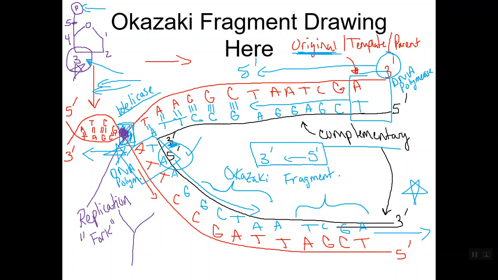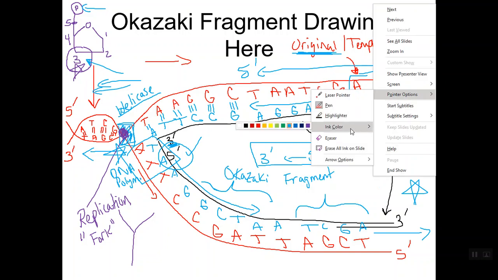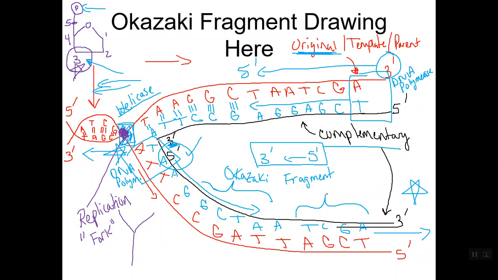And then the last thing is that we name those sides. The side that has the Okazaki fragments is called the lagging strand. It lags behind. And the side that's honestly easier, where the DNA polymerase follows the helicase and doesn't have to make Okazaki fragments, that side is called the leading